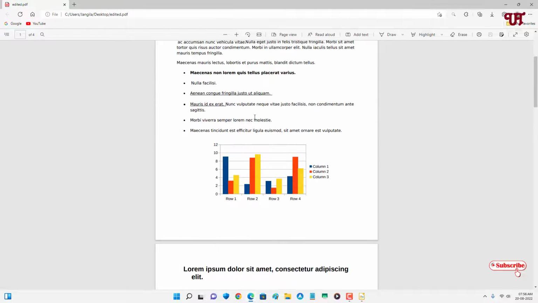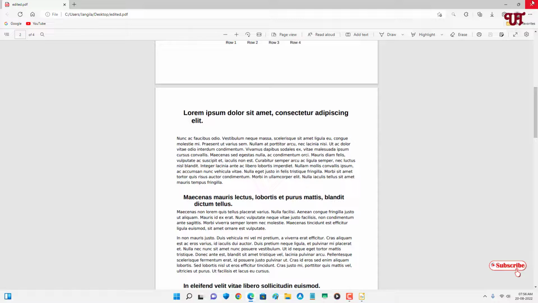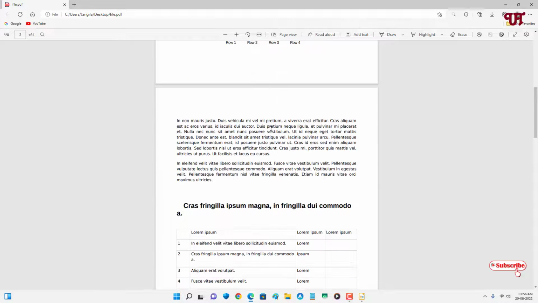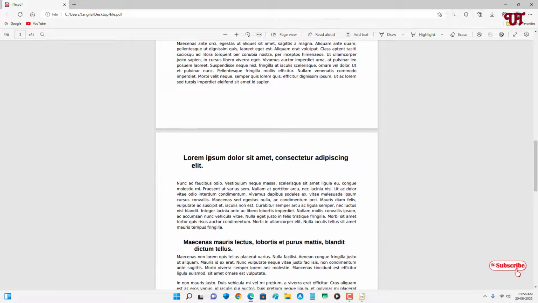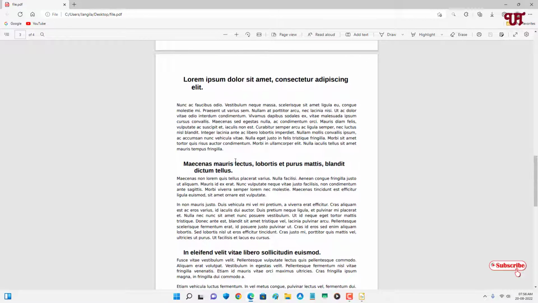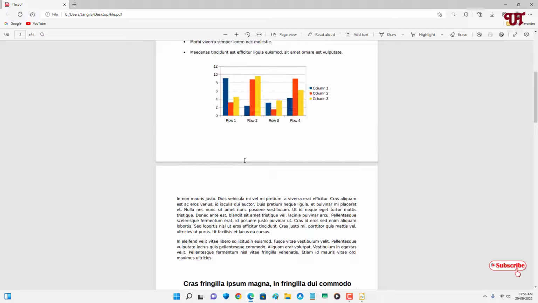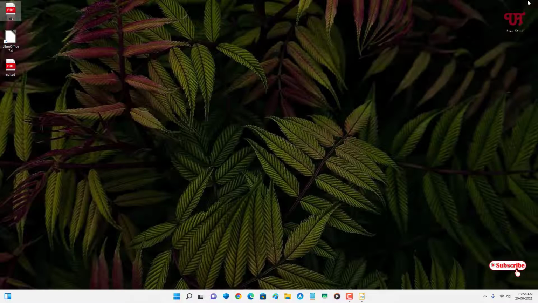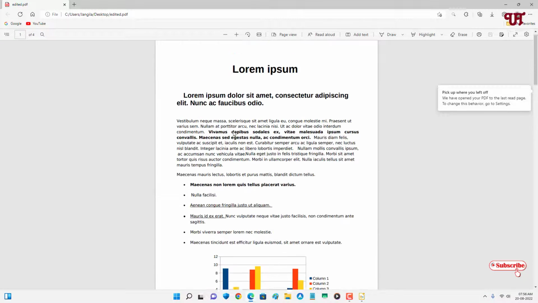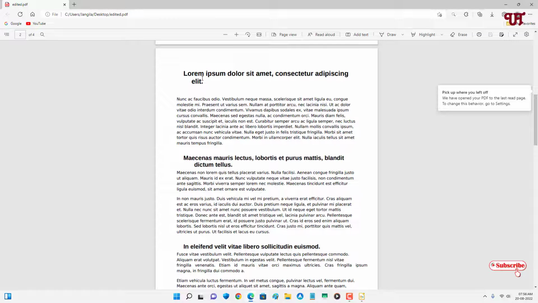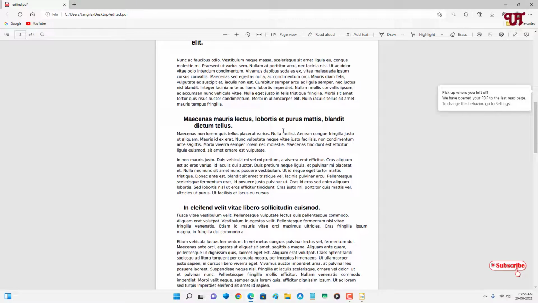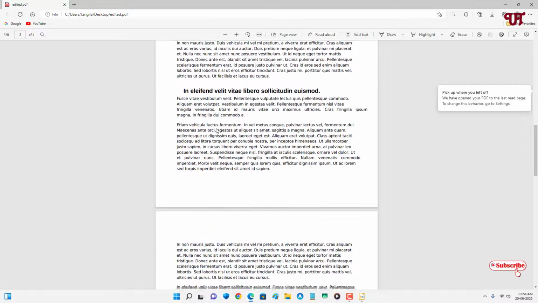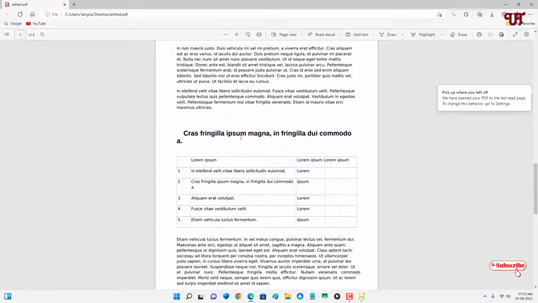We're going to compare it with the original one, so we'll check. This is the original one. You can see here this was page number 3 in the original, and this one is page number 2. Let me check the edited one. You can see here the page number 3 has become page number 2, and